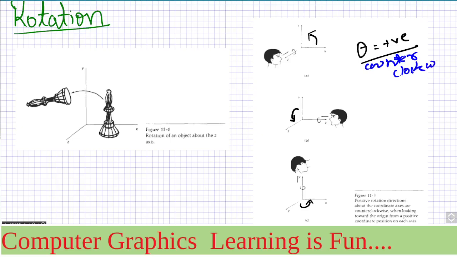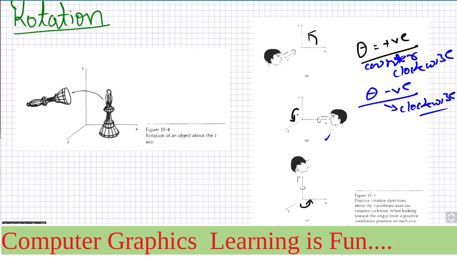Counterclockwise. And if theta were negative, in that case it will go clockwise. So having this understanding, it will be clear that if you are keeping z, then on x and y it is going in this direction, counterclockwise, for positive values. For such a rotation where you are keeping x axis, around, not around, it should be called along x axis,